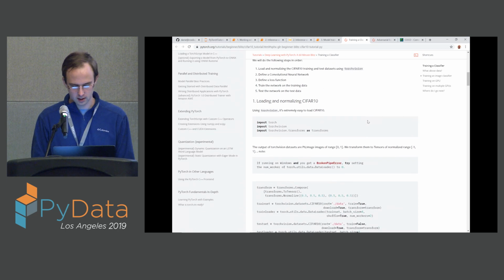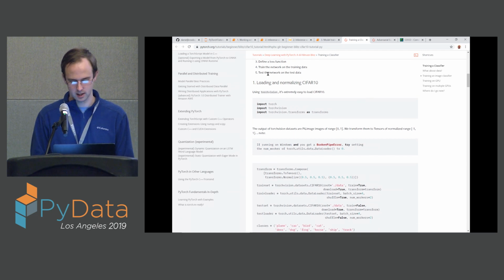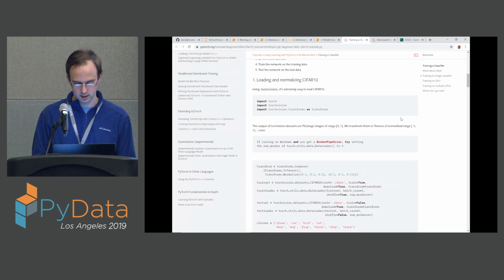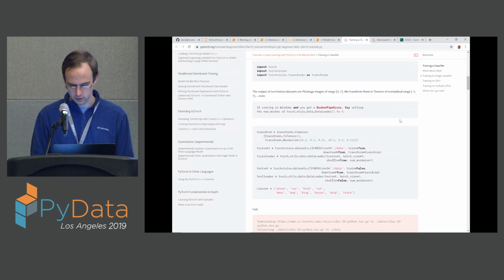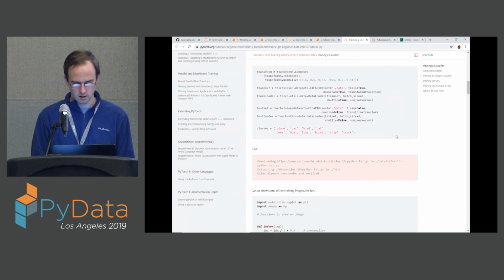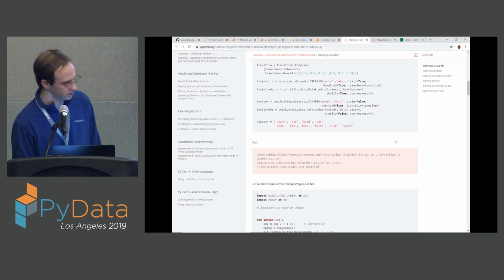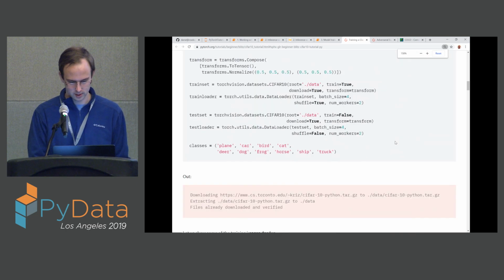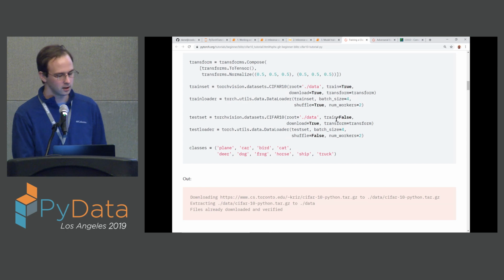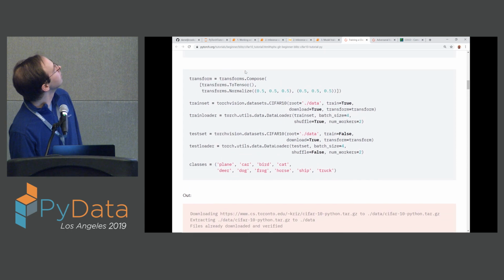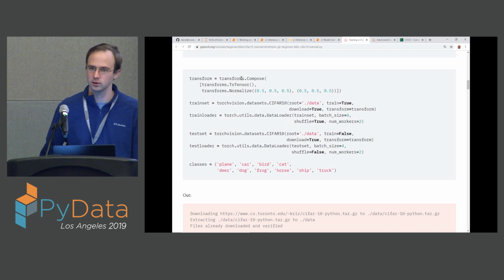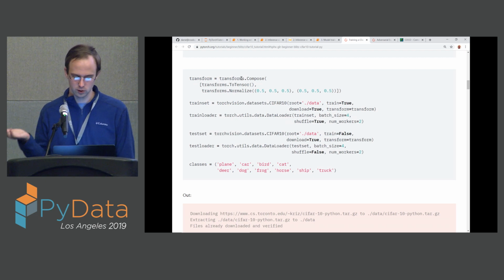Okay, so again, train, test, split, define a network, define a loss function, train the network, and then benchmark the network on test data. So again, import torchvision transforms. Okay, so now let me zoom in a little bit. This is an example of pre-processing. So torch transforms allows you to